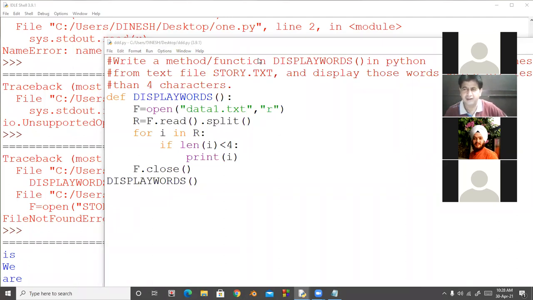Aditya, any doubt in this? Ankita, Aditya, yes sir. Beta, is the program clear? Yes, sir. Okay, beta. Now the next program is